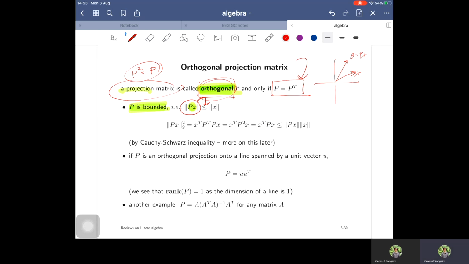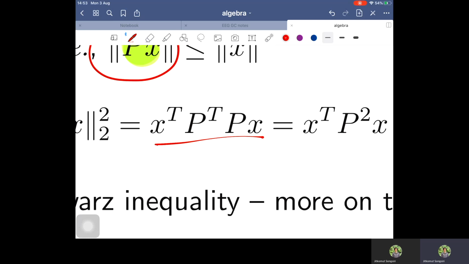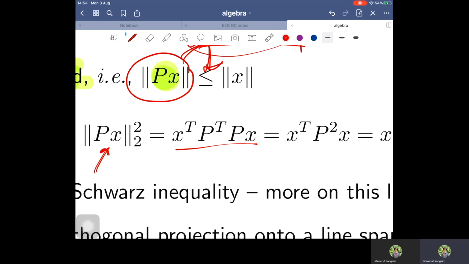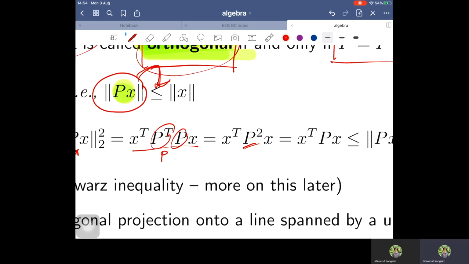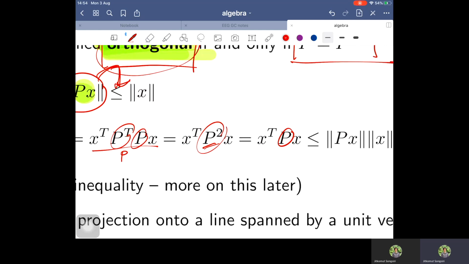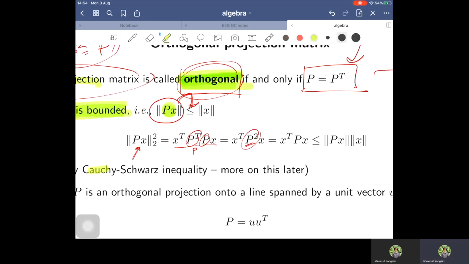And the proof is very simple. We start with the norm of Px. Of course, the squared norm of Px is x transpose P transpose Px. But because P is an orthogonal projection, P transpose equals P. Multiplied with P, it gives you P squared. But P is a projection matrix, so P squared equals P. From here, we apply